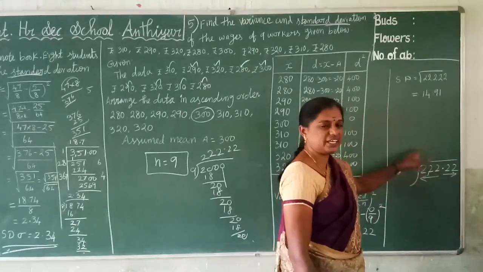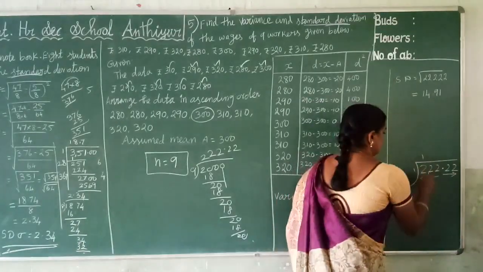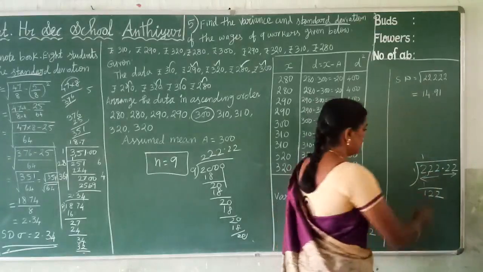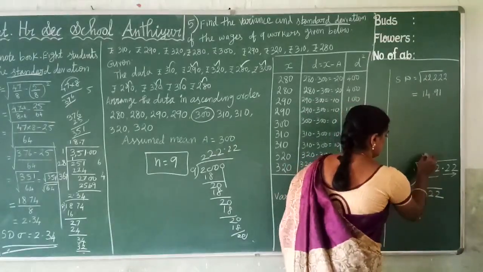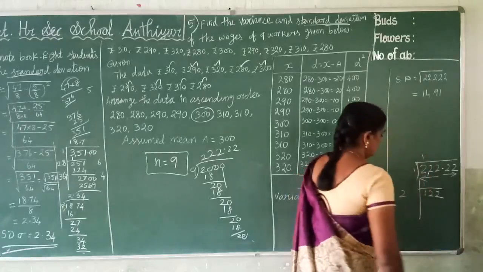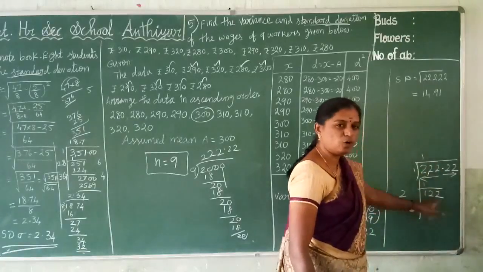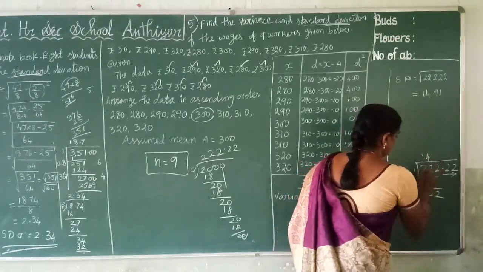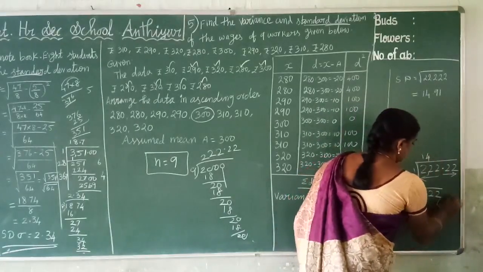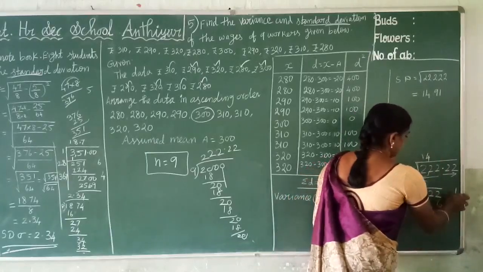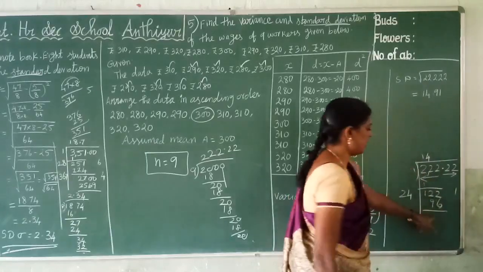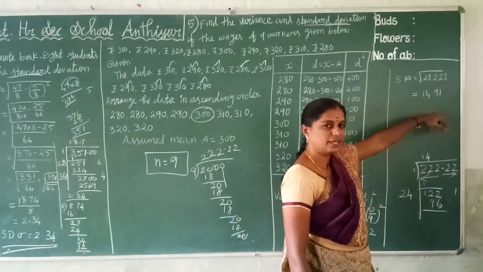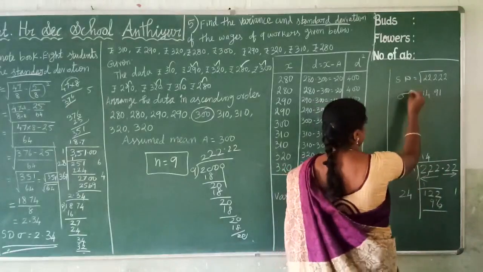And the same. Is 2 a perfect square? No. So which is the nearest perfect square? 1. So 1, remainder 1, and bring down 2 terms. Clear? And double this quotient. 1 2s are 2. And which number is possible below 122? So which number? 4. 4 4s are 16. Remainder: 4 2s are 8 plus 1, 9. So subtract, and the remaining, minimum 2 digits you want to do it. Clear?